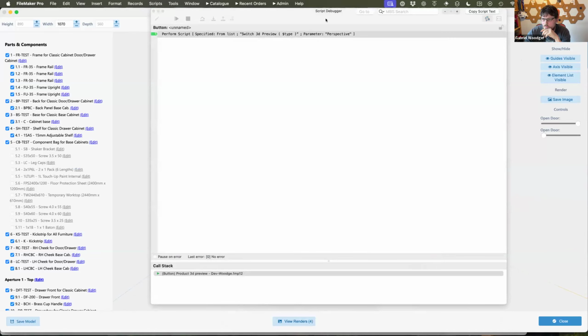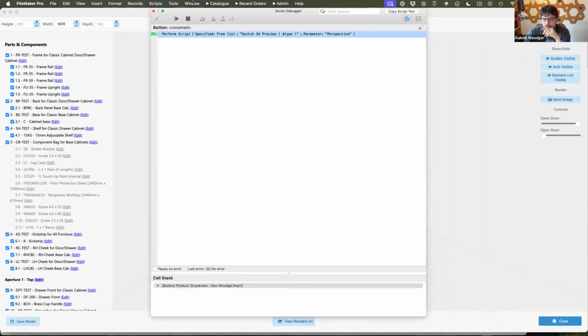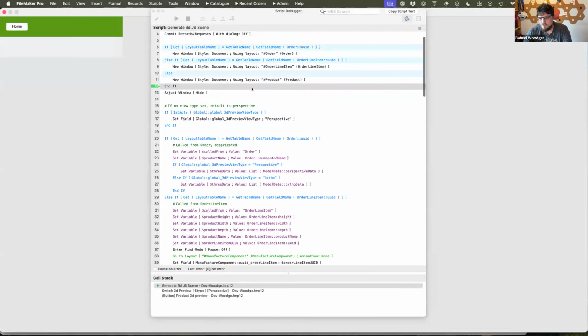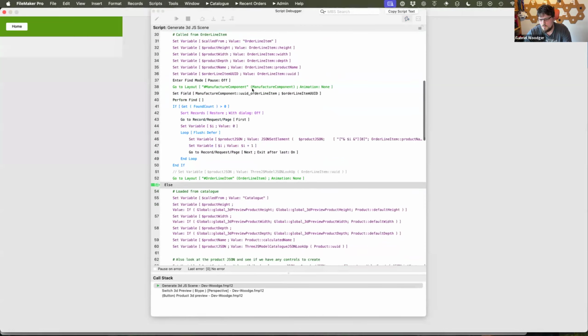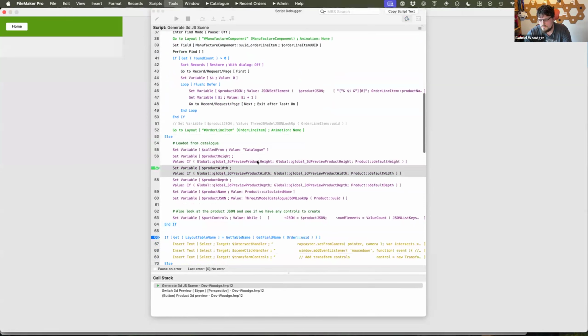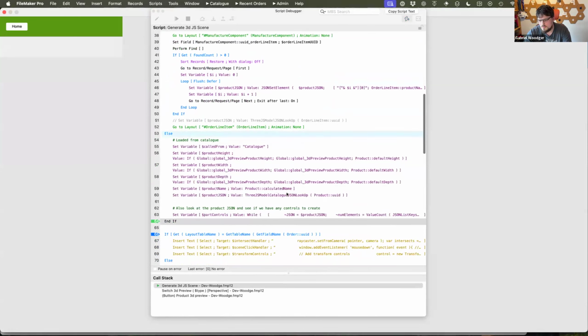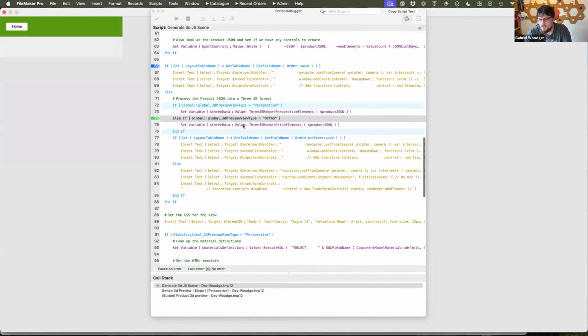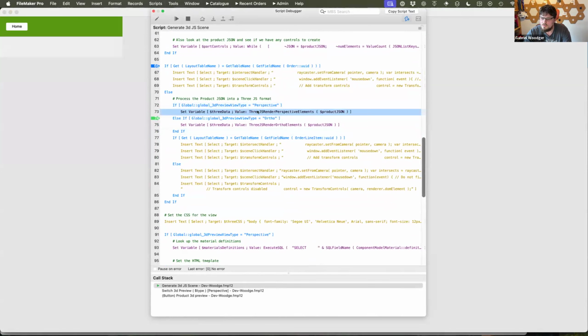So if I step through the script that generates this 3D view, where have we been called from? We look up some standard information, we'll look up some controls, and down here we will then have everything inside of this function, 3JS render perspective elements.